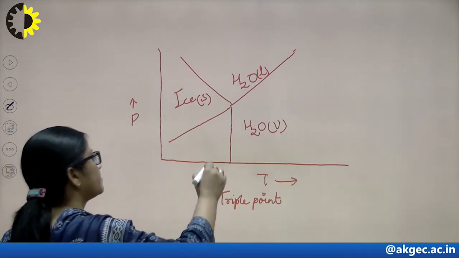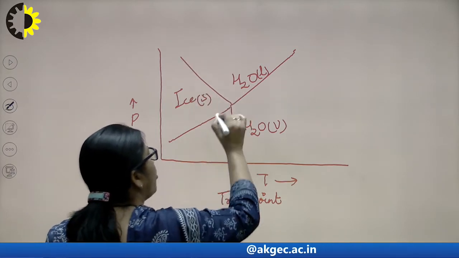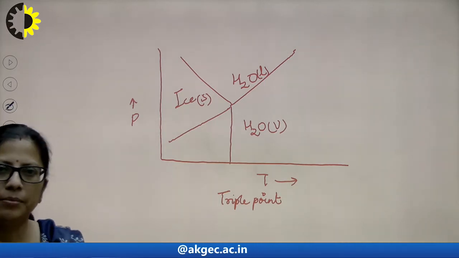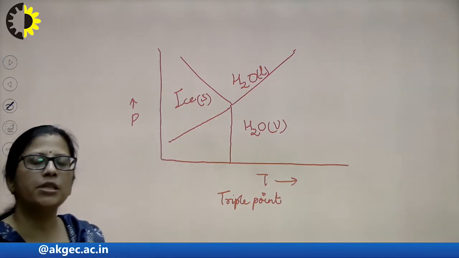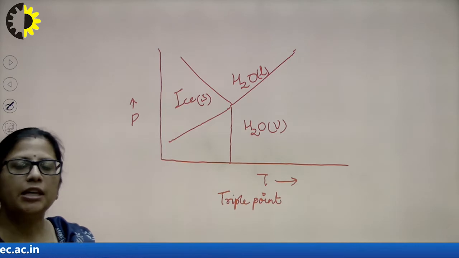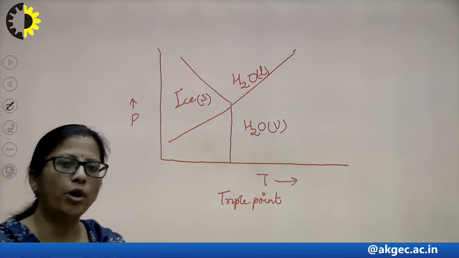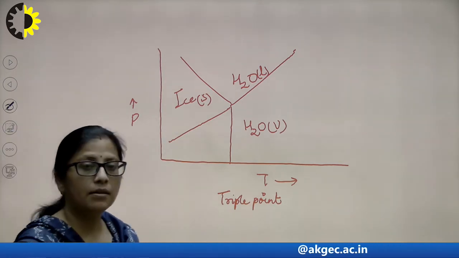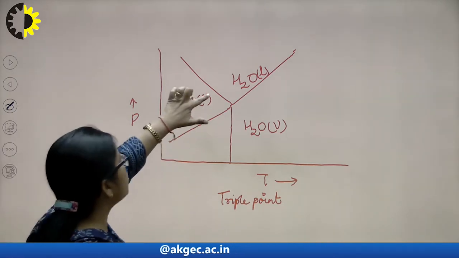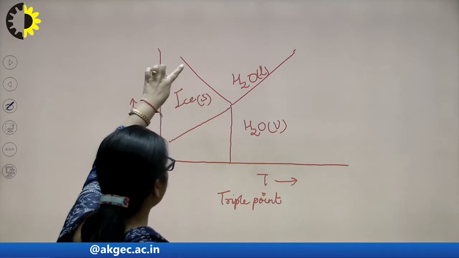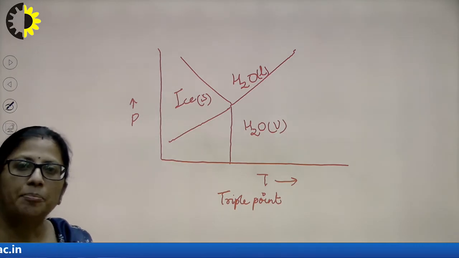Similarly, this is the melting point curve of ice, and on this curve ice solid and liquid water are in equilibrium. Generally for other substances, all the curves ought to have a positive slope. That means as we increase the temperature, pressure also increases. But in the case of the water system, the melting point curve of ice has a negative slope. Here you can see that on increasing the pressure, the temperature decreases, and that means ice